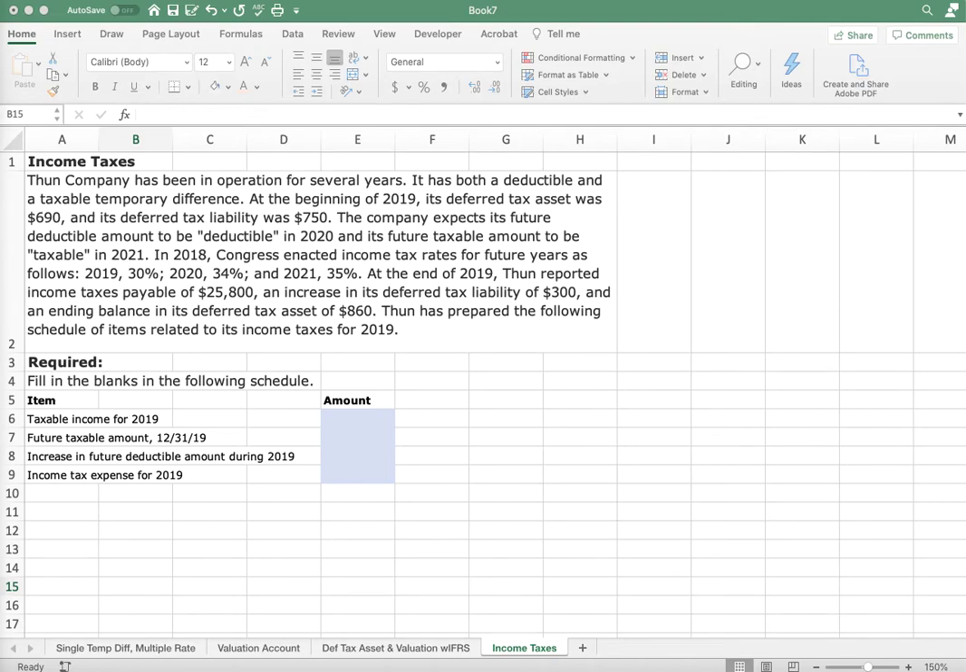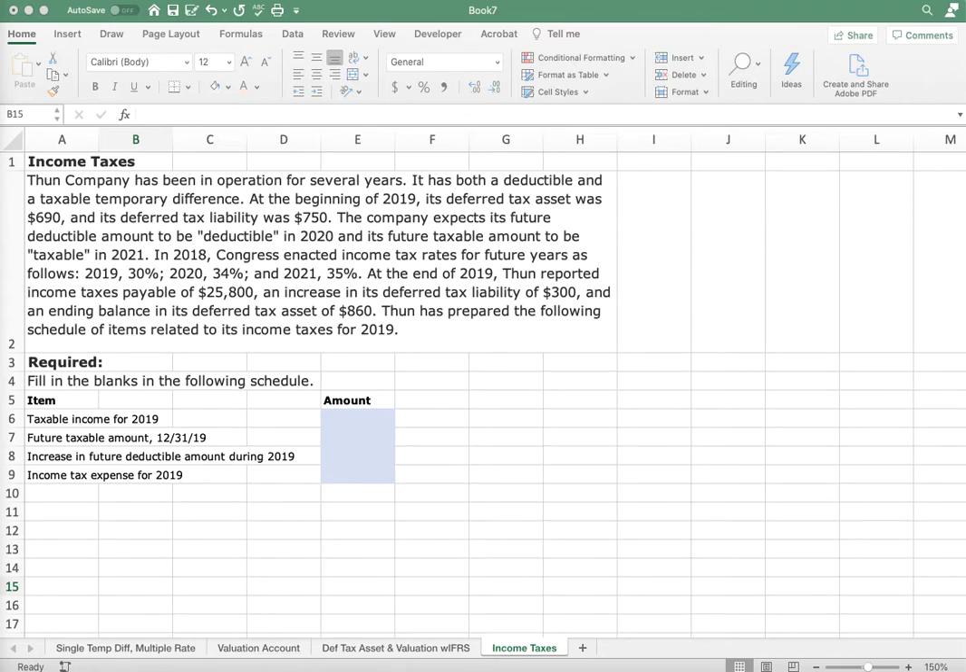Income taxes, and just kind of working backwards to figure out the schedule that this company has prepared. Fenn Company has been in operation for several years. It has both a deductible and taxable temporary difference. At the beginning of 2019, its deferred tax asset was $690, and its deferred tax liability was $750. The company expects its future deductible amount to be deductible in 2020 and its future taxable amount to be taxable